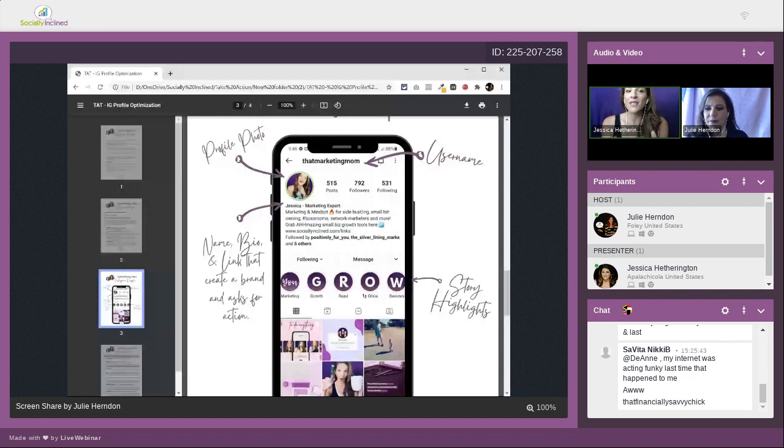If all you take on today is fixing that profile picture, then you have taken action and you've gotten a win. Tomorrow, give some thought to your username and maybe adjust your name to where it says the things that Julie just did. Do not get so overwhelmed that you fall into a place of analysis paralysis, because I did that and I let it rob me of thousands and thousands of dollars in sales.